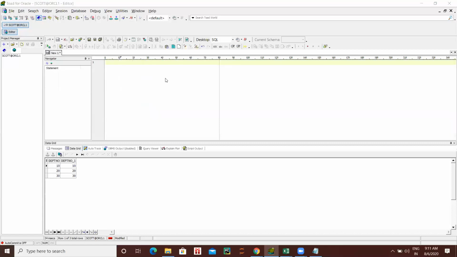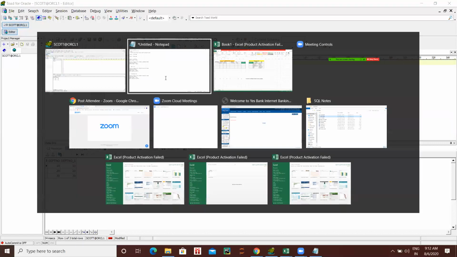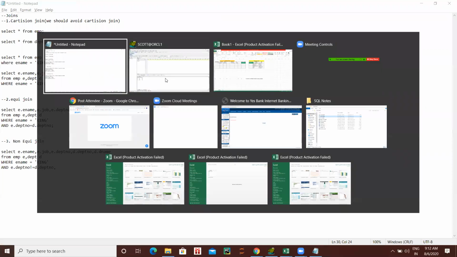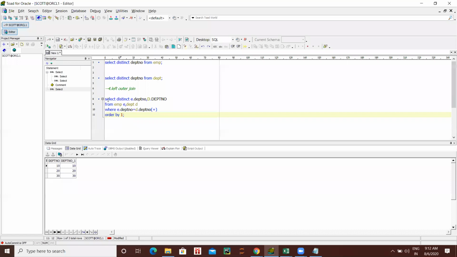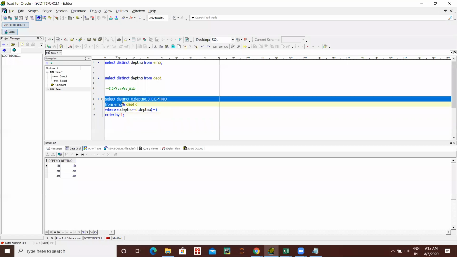It's not yet completed. Wait. Now enter. Paste it.